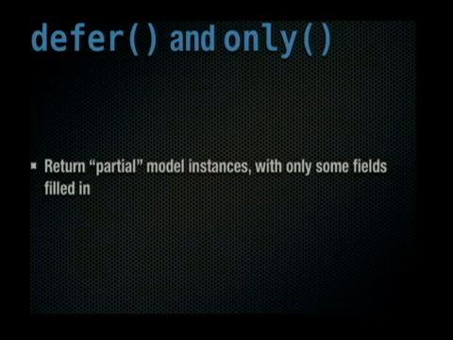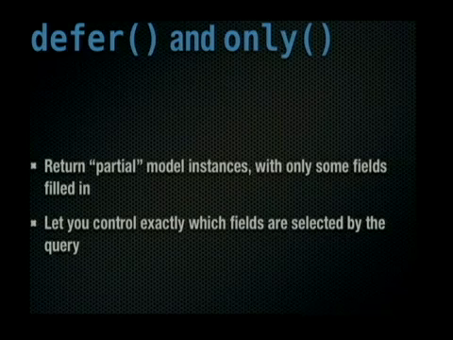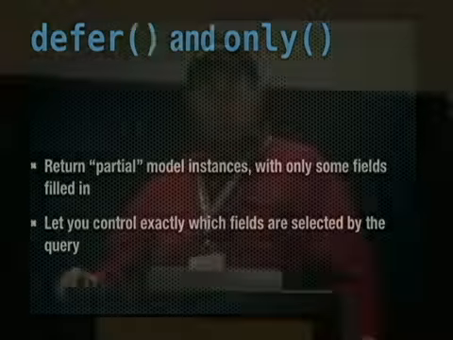So you get back something that looks like an instance of your model, but only some of the fields are filled in. If you asked for fields that haven't been filled in, it will do another query to go get those. Basically, the idea here is to let you control exactly which fields you're going to select. If you know, beyond any possible doubt, that there is only a specific subset of fields that you need, and